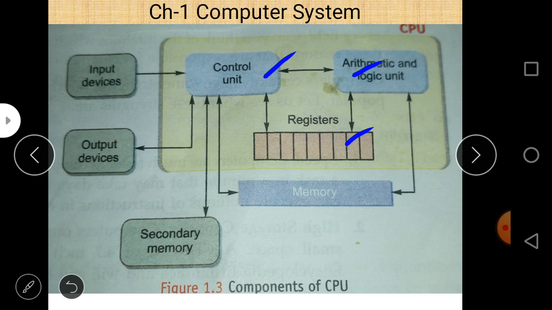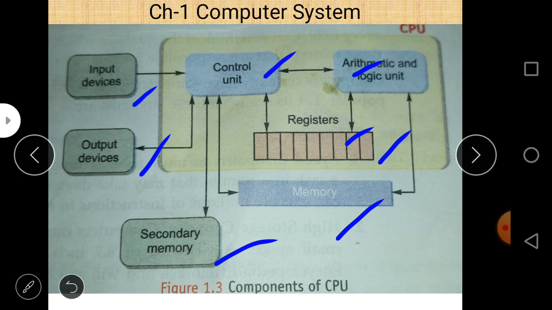And the third part is the register. Register is the smallest memory and is a part of the CPU. We can easily see the register placed here, and basically it stores the intermediate and the final result or the value of a variable inside the CPU. This is RAM, actually random access memory. This is secondary memory, directly connected to the control unit. This is the input and output unit.